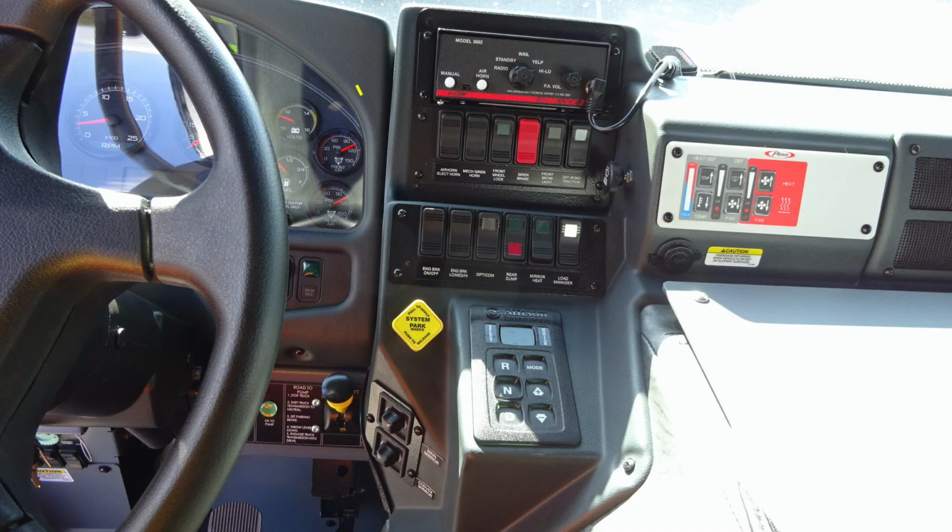Let's move just to the right from this location. We'll first start at the very top with your siren control module and also PA speaker system. Moving down from that location, we've got a set of switches, first starting with the air horn, electric horn, mechanical siren, front wheel lock, siren brake, which is your red switch, and then also your front brow light and off-road